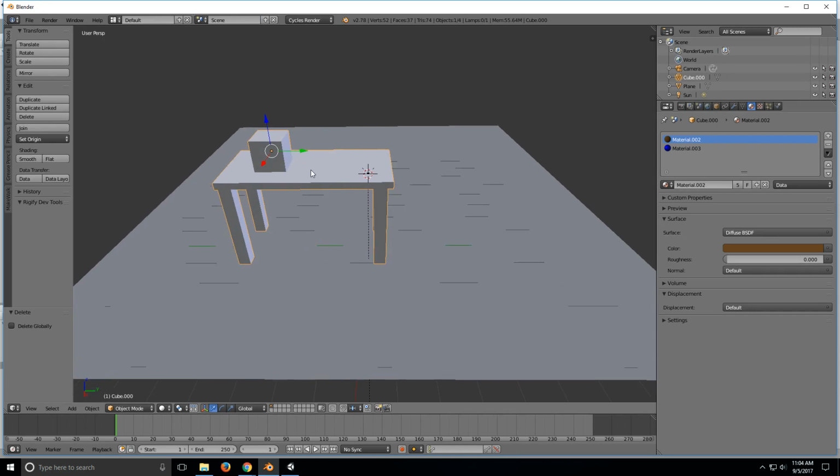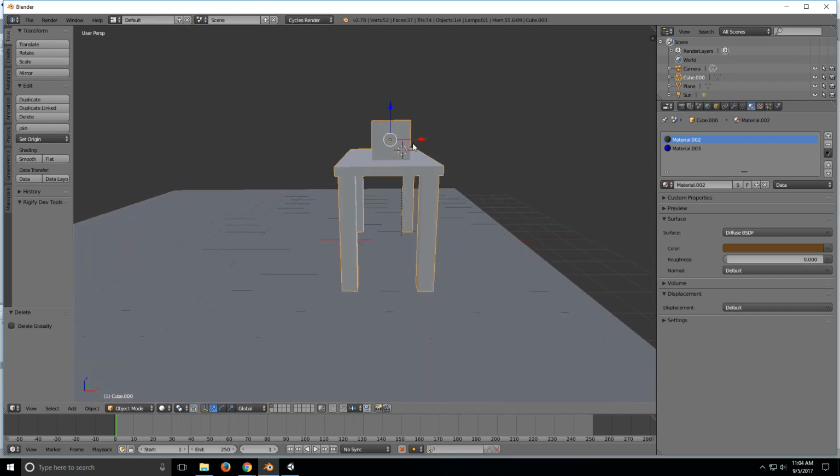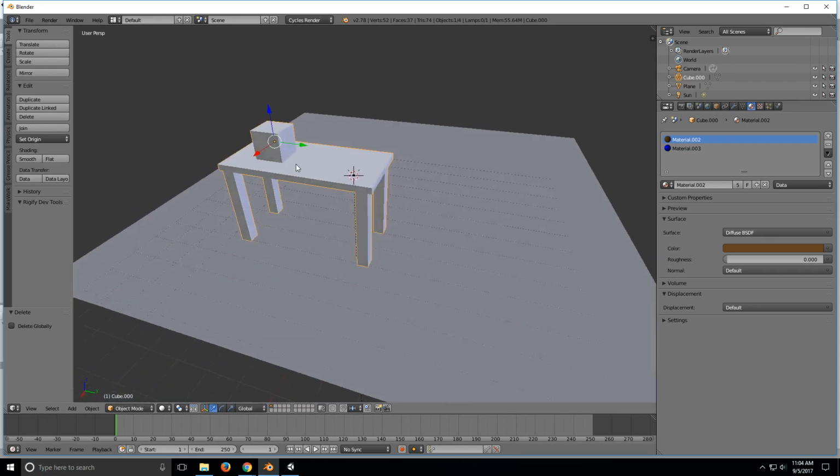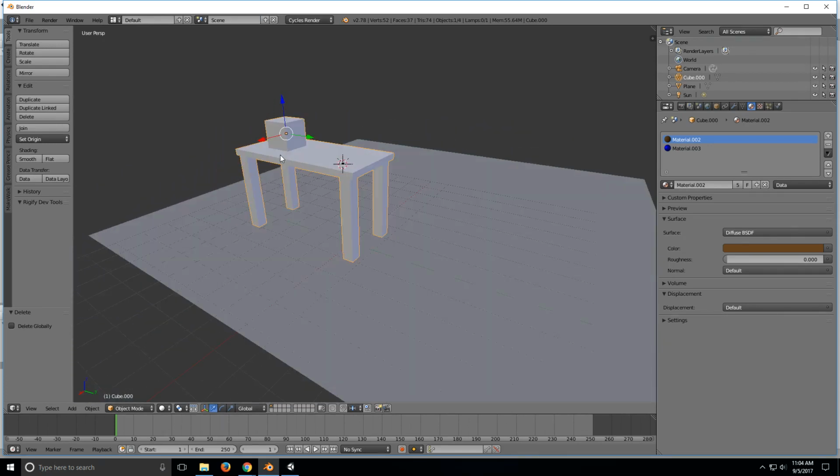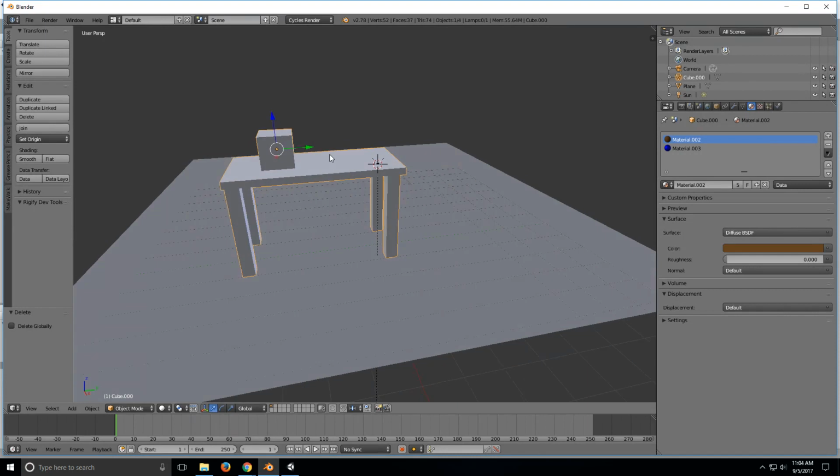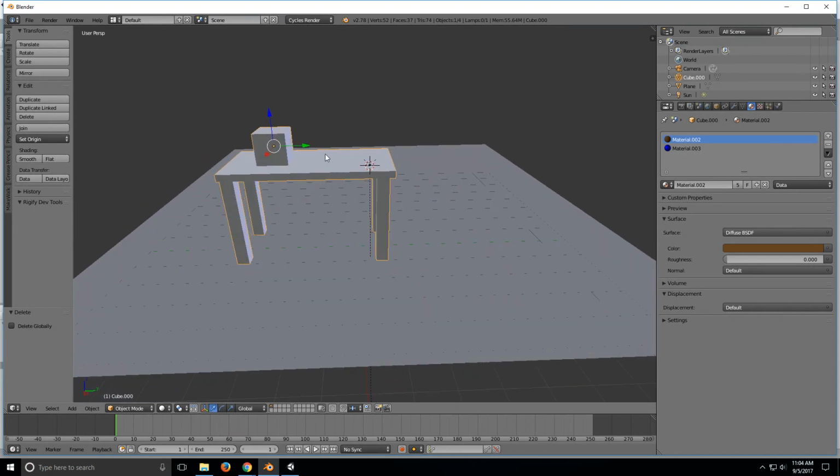So now what we're gonna do is, obviously if you're just doing the cube by itself, it's a little bit easier. So that's why I'm gonna do both of these. So basically, what you want to do is export your object. If you're using that baked texture, which we are, you're going to want to